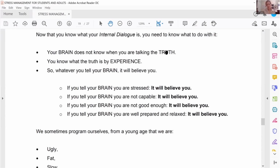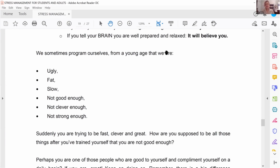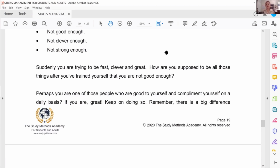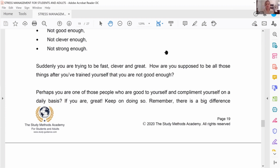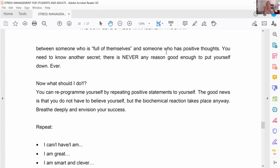So we program ourselves from a young age that we are ugly, fat, slow, not good enough, not clever enough, not strong enough, whatever. But now you're trying to be fast, clever, and great. But how are you supposed to if you have programmed yourself in such a way for so long? So there's another piece of good news that I want to tell you. If you continue to tell yourself positive affirmations every single day,